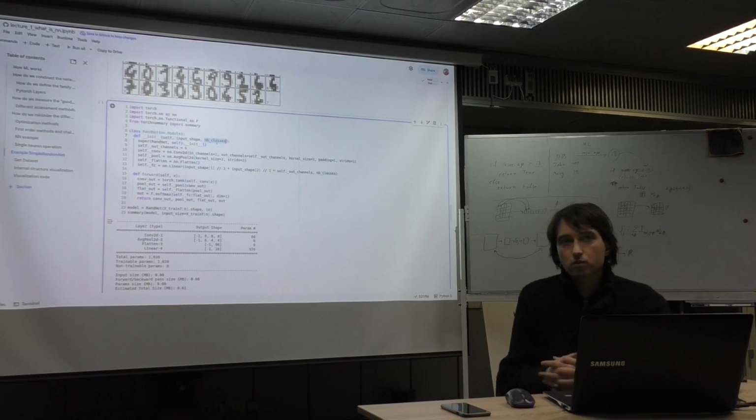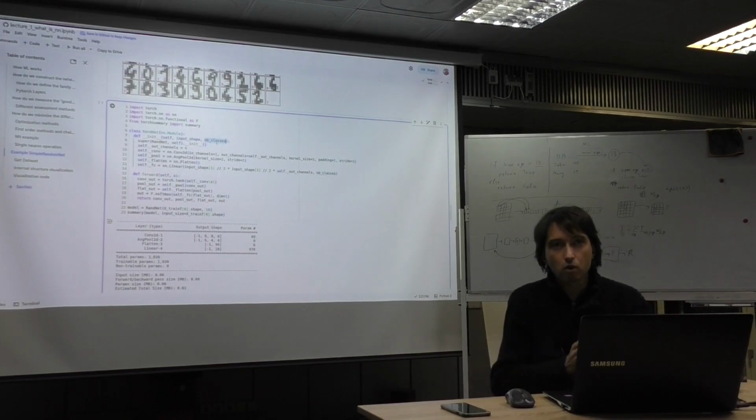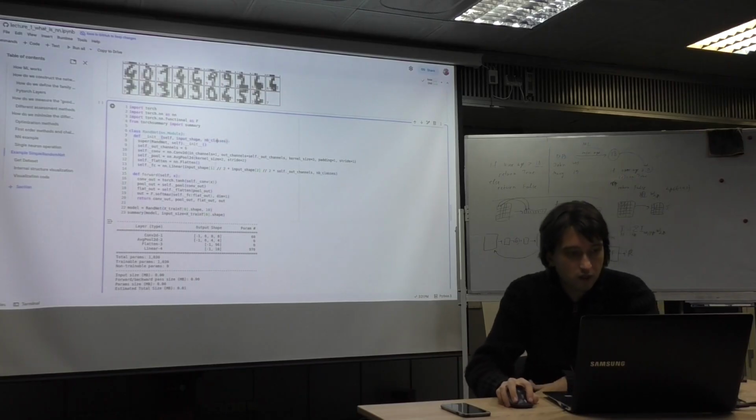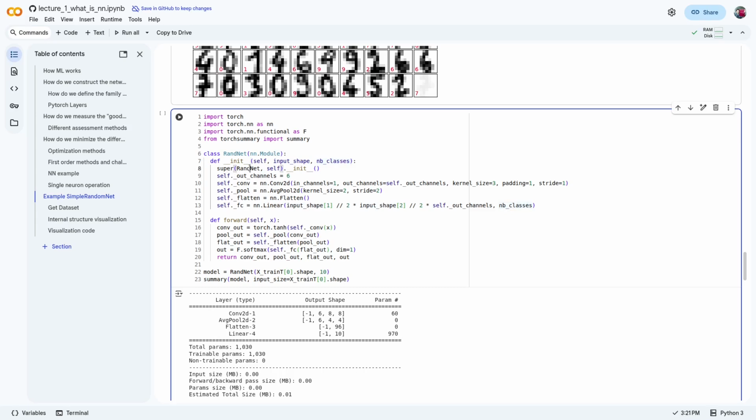So this neural network allows us to solve a broader set of problems than just recognizing digits. You can have more classes, you can have larger images or smaller images. Depending on what you want, you can change these parameters and get something out of it. Good, so we initialize the parent class,